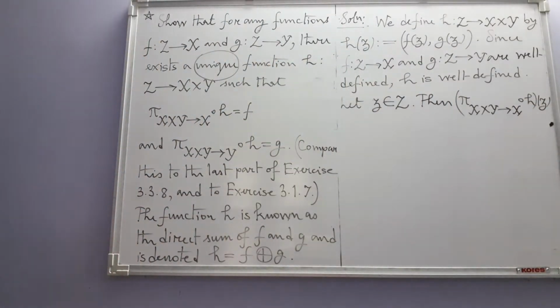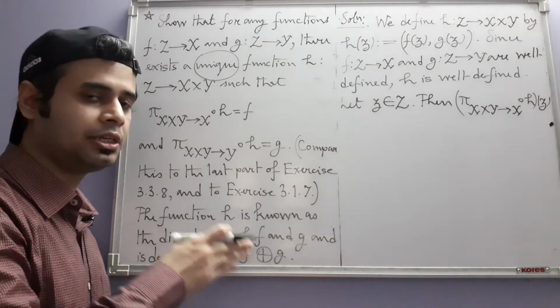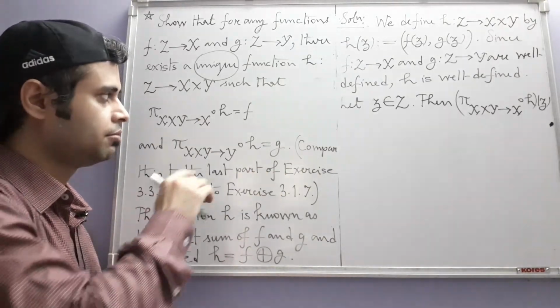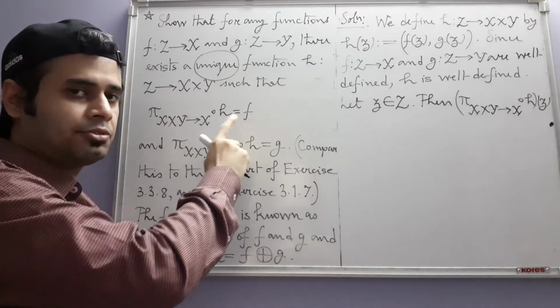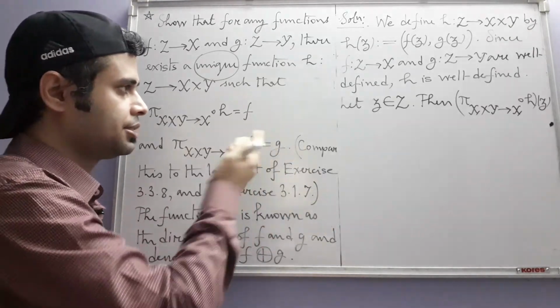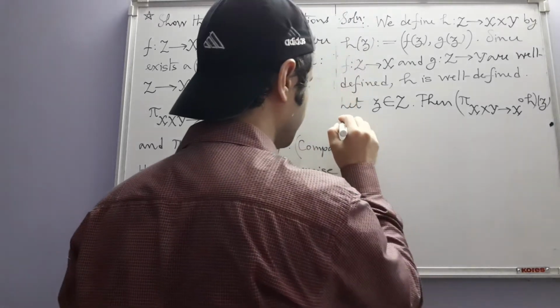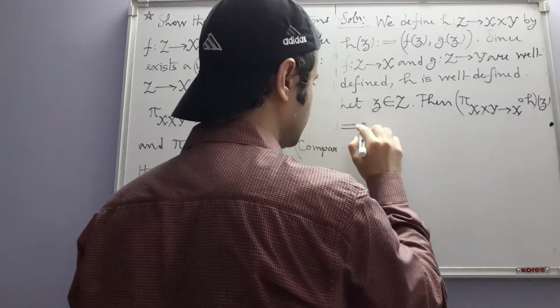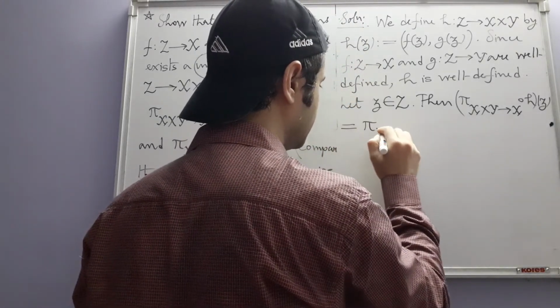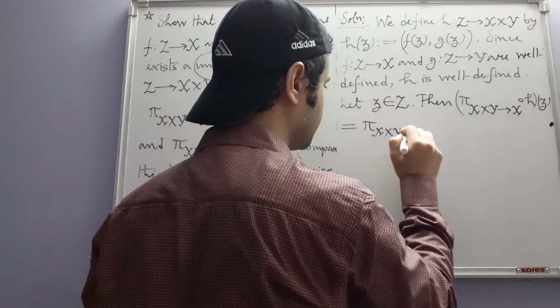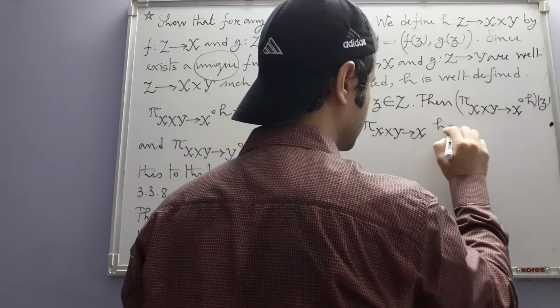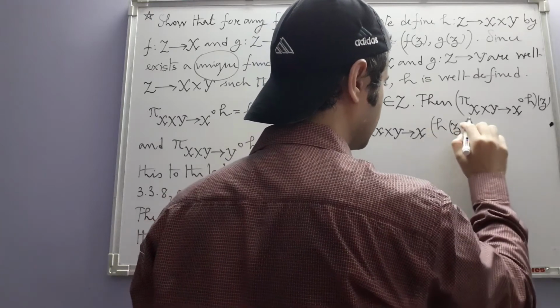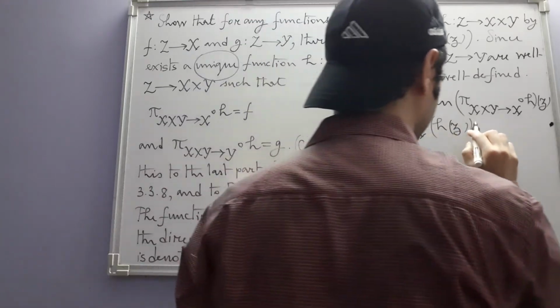And we will see whether this turns out to be equal to f of z, because then its value and the value of f at z will be equal, so basically the functions will be equal. By the definition of composition, this is what? This of h of z, and this is equal to